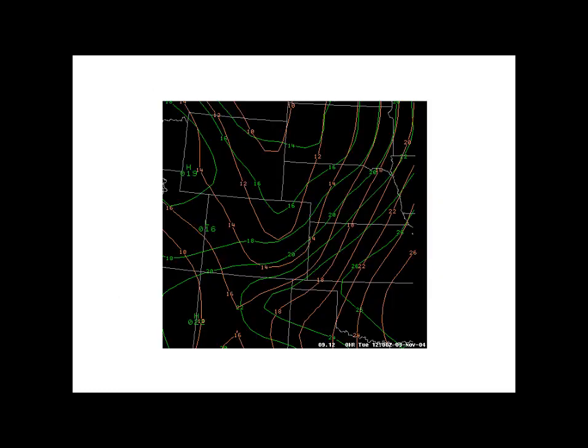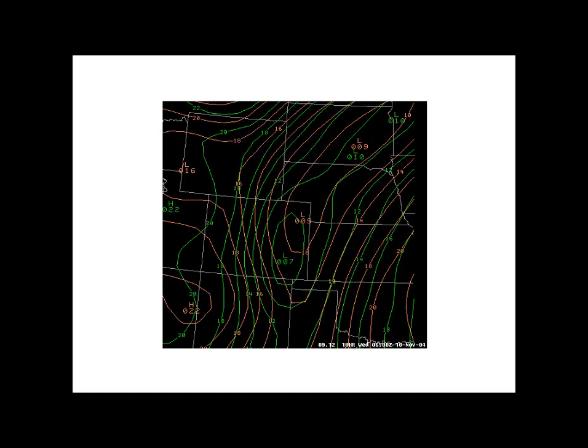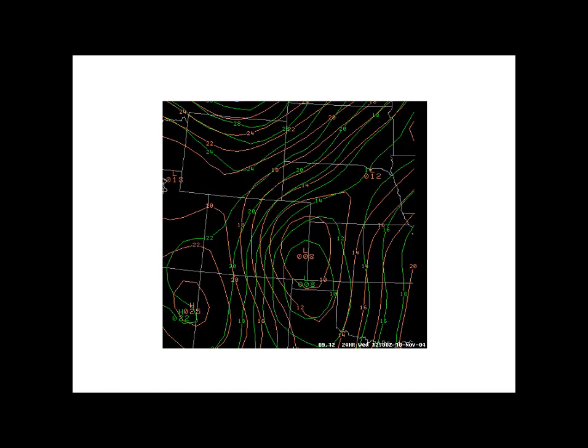Here we have the MSLP field from the Eta in green and from the GFS here in salmon. And what I want to do is just go forward here in the forecast time, and you can see some differences here that have evolved in the short term. The GFS here has the low in the Nebraska Panhandle, and the Eta has the low a lot further south here in Colorado. It's important in terms of our forecast because the same trend continued out to 24 hours